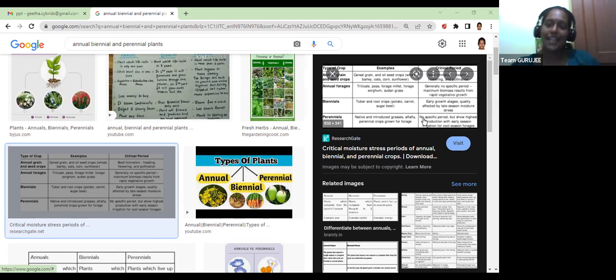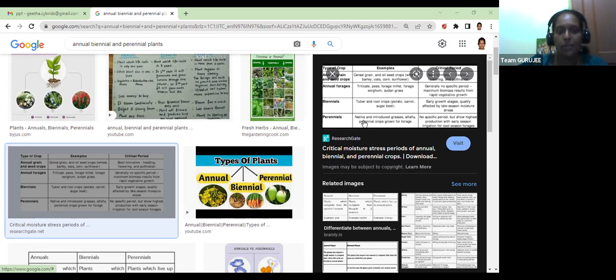Whereas in case of perennials, they can produce flowers every year at the same season. So some vegetative growth will occur every year by then. For example, mangoes are usually present during the summer. So we call the month of April, May as mango showers. They produce lots of flowers and the pollinators are active at that time. That's why we get a lot of fruits and so on.